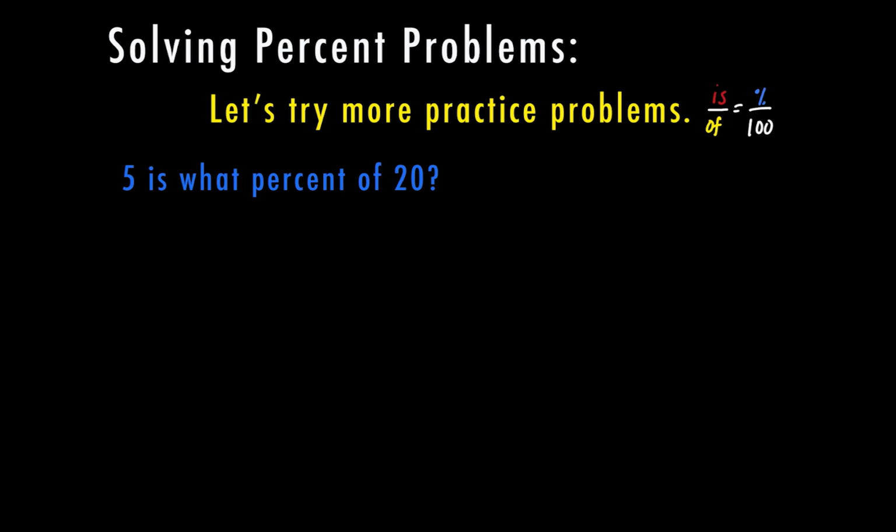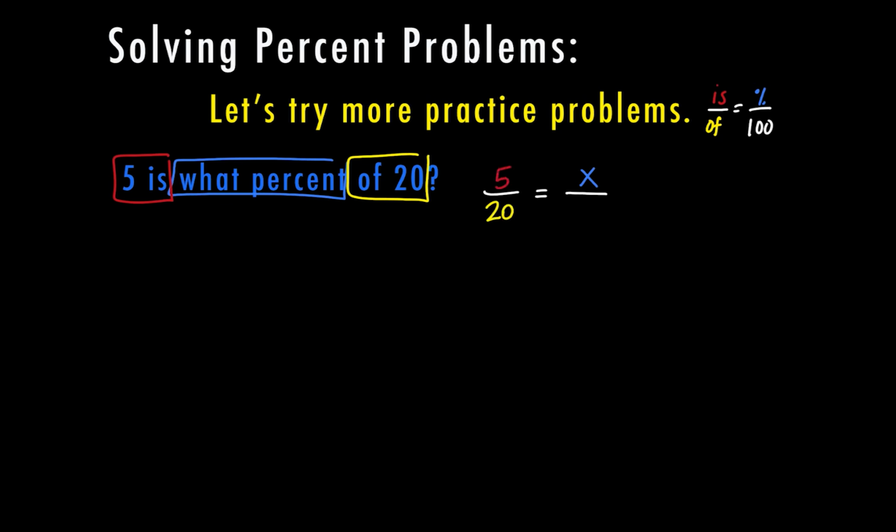So let's look at our first statement here. 5 is what percent of 20? Now, I don't have a percent sign anywhere in this problem, so that means that what percent is the one I'm looking for. So that's my X. Now I have an is and an of. 5 is my is, 20 is my of. So now I have 20